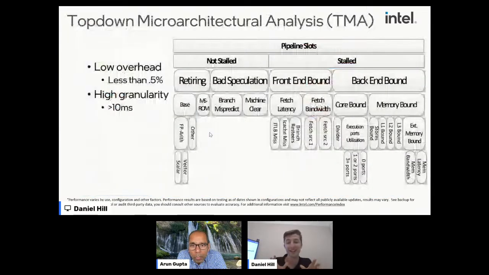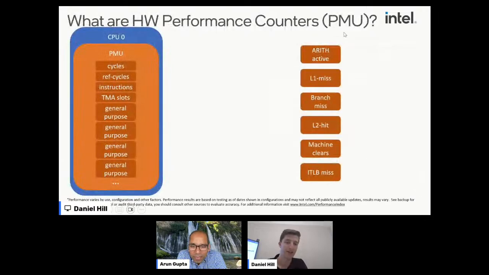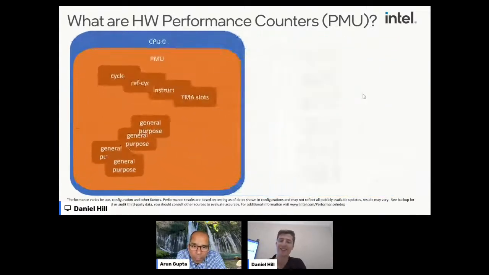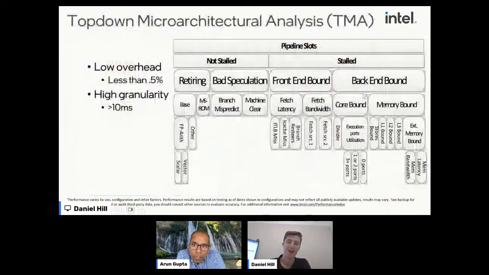So thankfully, Intel's done a really great job coming up with a methodology for looking at CPU performance instead of just CPU utilization, 80%. We look at it in terms of this top-down microarchitectural analysis. Might sound intimidating. It's what I called TMA earlier. There was a specific register built into these m7i instances, this TMA slots one. There's a specific register just for this now. That's how seriously we take this methodology, where you can break down hardware CPU performance into